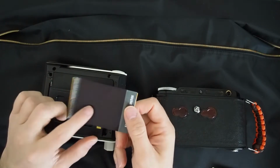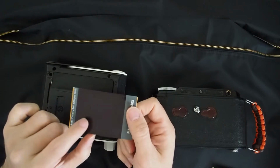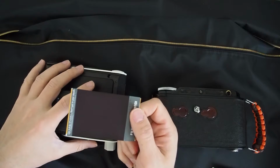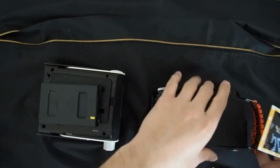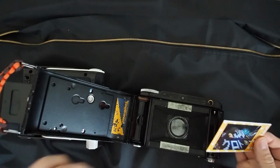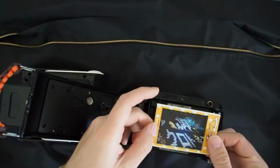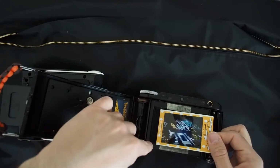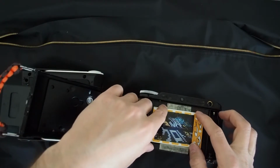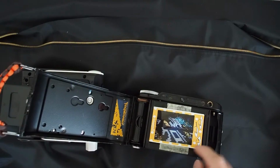Then with the black side down, this is the slightly less glossy side, and this is what's actually facing the lens inside an Instax camera. So with the black side down, like you just pulled it out, I open up my Bessa, and you can see I put that double-sided adhesive in there because the frames are actually exactly the same size as the bellows here. So I align it with this edge, let it rest in here, and it'll just stick on these little edges that stick out from the double-sided adhesive. And then I close it up,